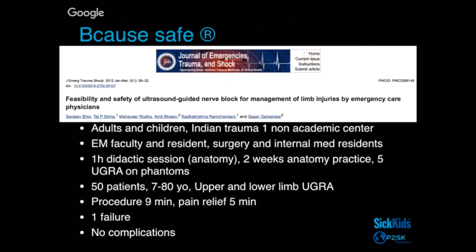Because we're going to go through the complications a bit later, but that's really something that is very, very rare. So for sure, with 50 patients, you're not going to catch complications probably. But yeah, it's reassuring. So it looks like if you look at the literature,